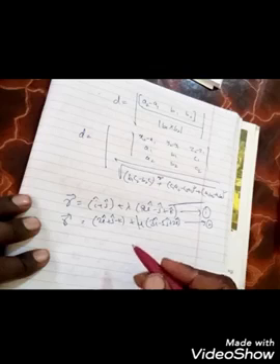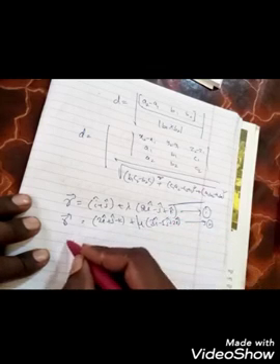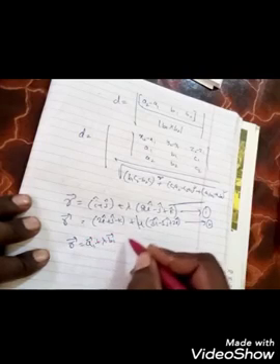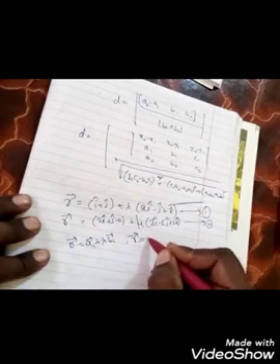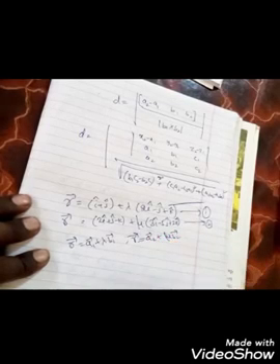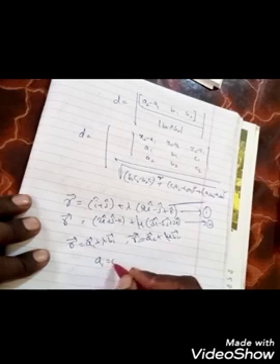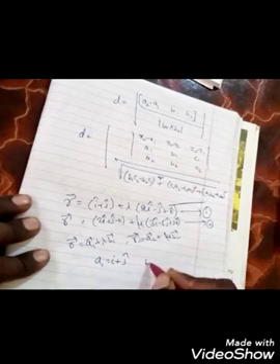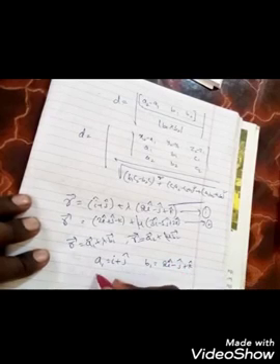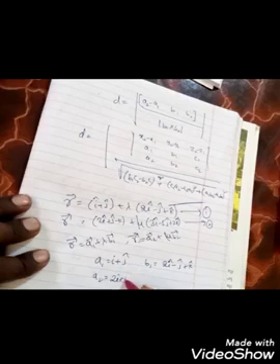Now how to find it, just observe. This one you have to compare with r bar is equal to a1 plus lambda b1 and r bar is equal to a2 plus mu b2. If you compare with these vectors, what you are going to get? a1 is equal to i plus j, b1 is equal to 2i minus j plus k, and a2 is equal to 2i plus j minus k, and b2 bar is equal to 3i minus 5j plus 2k.